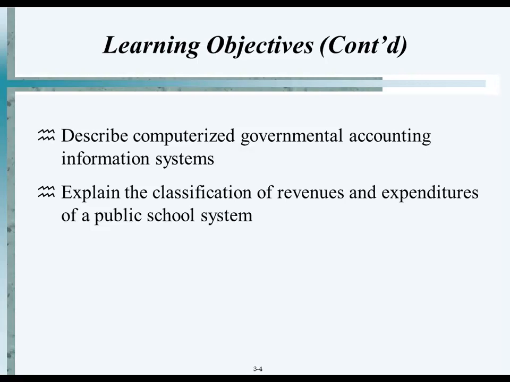And the last thing is classification of revenue and expenditures of a public school system. We will not go into this. This is one item we will skip. This is a very specialized area for people who, for instance, work for a school district. They are to follow a specific set of accounting general ledger chart of accounts, and that's what that is. Okay, so let's go on to